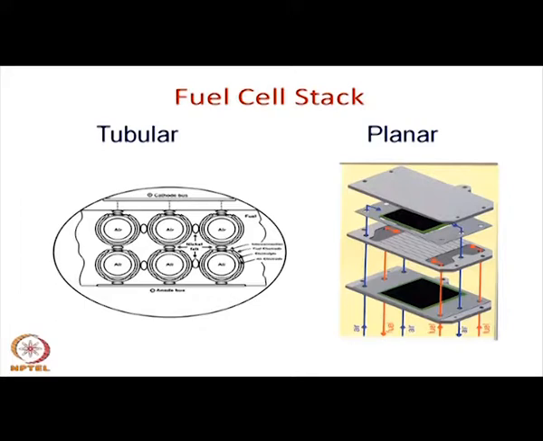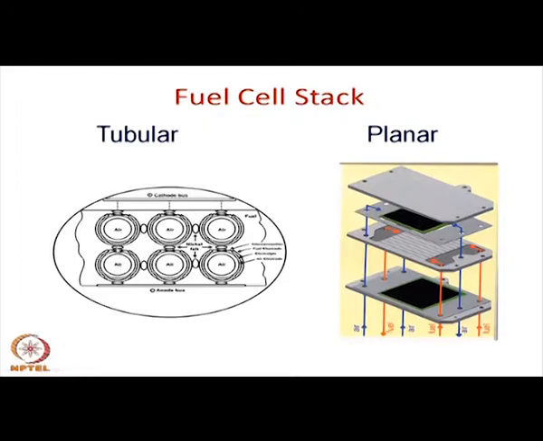So, that is not useful so far as a power plant or a power unit is concerned. So, we need stacks of several such single cells, and these are the kind of stackings one normally uses. This is for the tubular cell. These are the cross sections of the tubular cell. Six tubular cells have been put together here, and as I mentioned earlier, possibly in the last class,